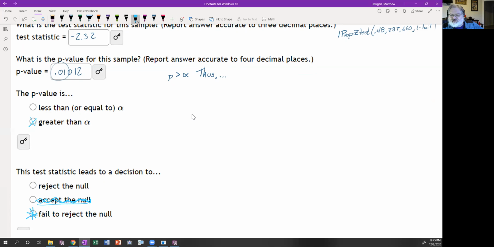And one of the nice analogies we often give to this is court cases. If you go into a court case, the assumption is that you're innocent, right? So the null hypothesis is you're innocent. The claim that you committed a crime, that's the alternative hypothesis. And the alternative hypothesis has to be shown. You don't have to prove you're innocent. They have to prove you're not, right? And if they don't have enough evidence to convict you,